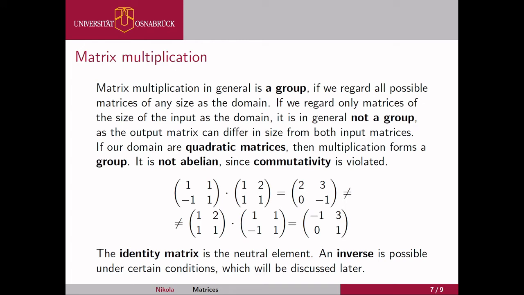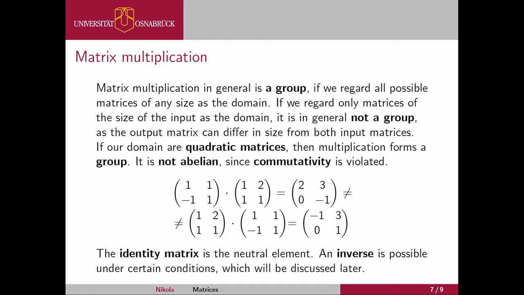And it's a necessary property for a group that if you take two elements as input, the output is also an element of your set. And in the example that I just gave you, a 3 by 3 matrix is not part of the set of the 3 by 2 and 2 by 3 matrices. So in this narrow sense, matrix multiplication is not even always a group. If we, as a domain, take all possible matrices, then of course it is a group. However,